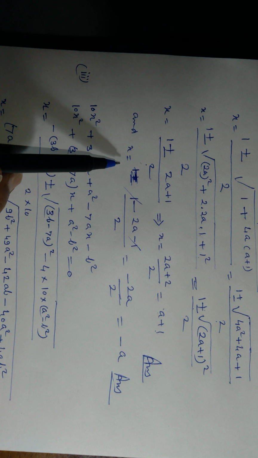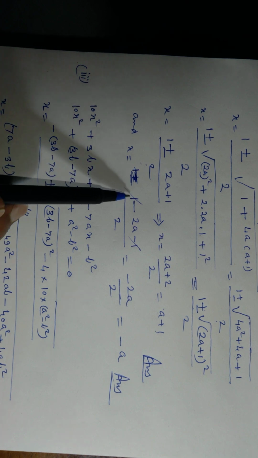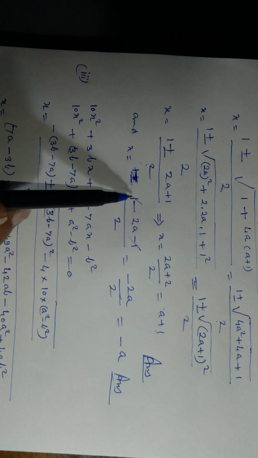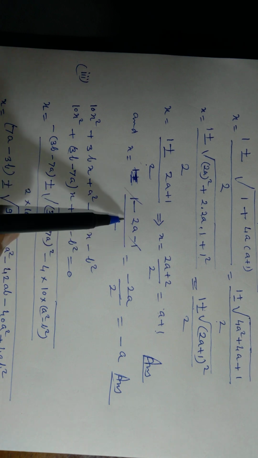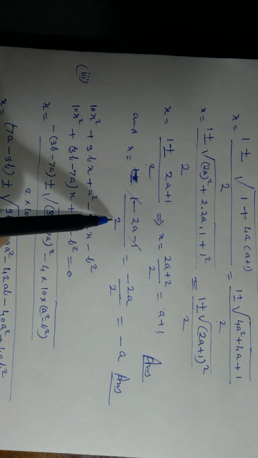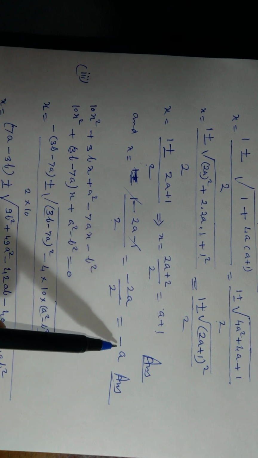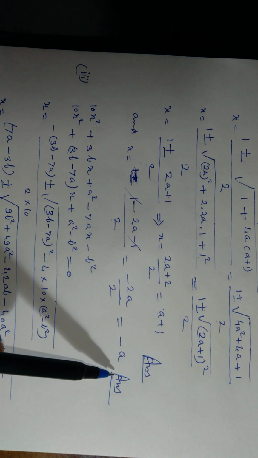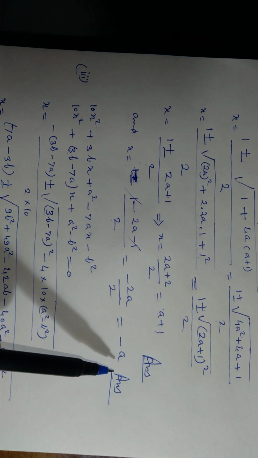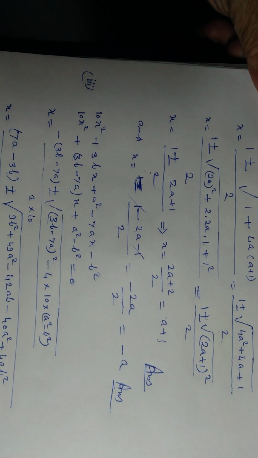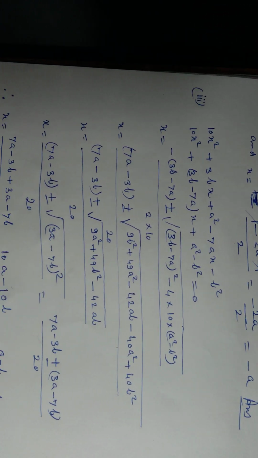In the second case, when we take the minus sign, 1 − 2a − 1. So the 1 and −1 will be cancelled. Whole divided by 2, that is −2a upon 2. This will be equal to −a. This is the answer of the second part of question number 21. Now the third part of question number 21,